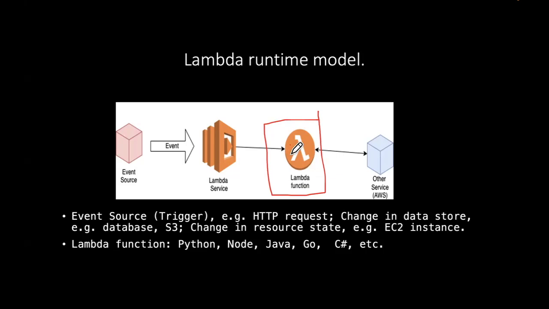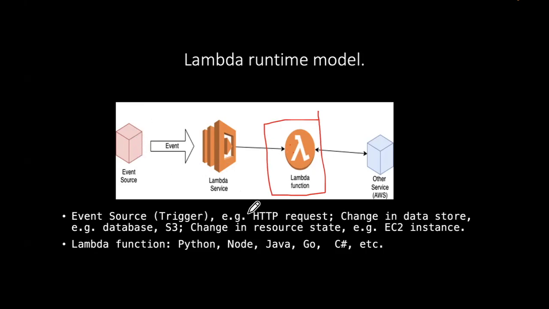The Lambda service invokes the function and passes in the event object, and it processes the event. And this happens over and over and over again. Yep, and that's what I'm talking about down here. So we have the event source, which is this bit over here, which I haven't talked a whole lot about, but we certainly will talk a lot about it as we walk our way through it.